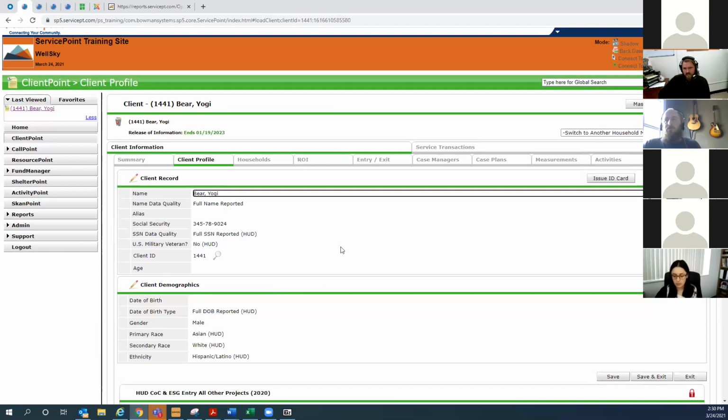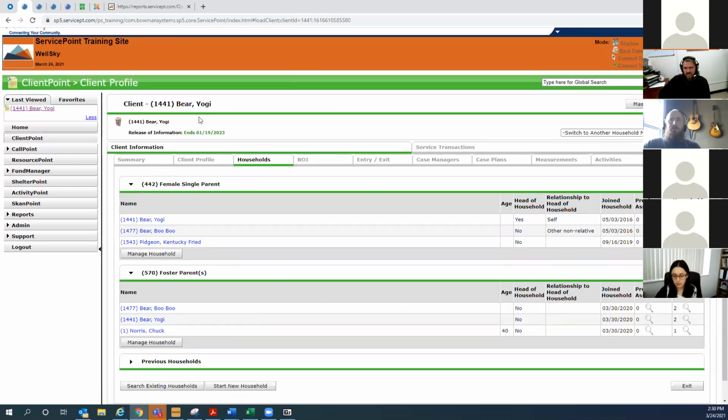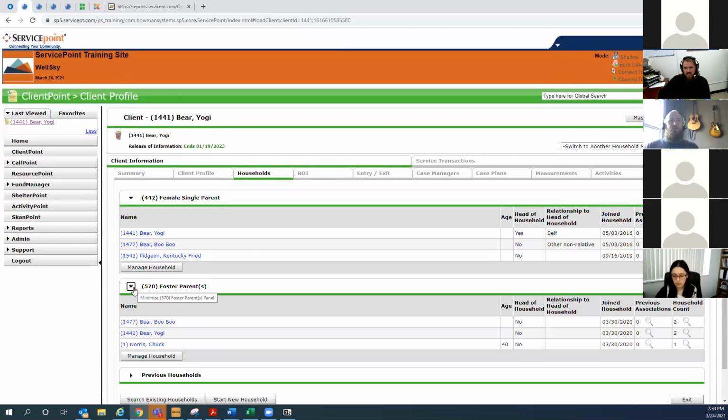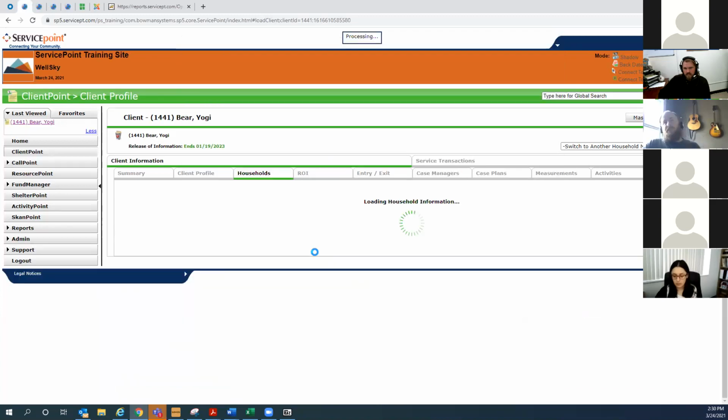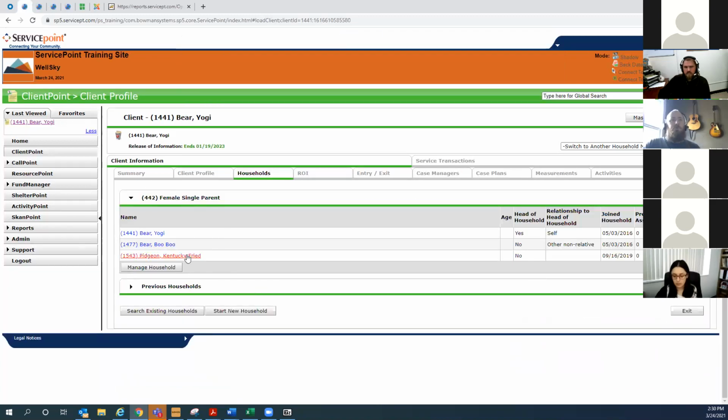Yeah, so there's a couple different things going on there. One is in the system, you have the households tab. And the sole purpose of this tab is to group client records together, right? Let's make this less confusing on Yogi Bear's record. I'm actually going to delete one of these households. In an ideal system, you want to try to keep it down to one household here and not create a bunch of different households, because that just adds a lot of confusion into managing this whole thing. So once you have your household set, with Yogi Bear in here with Boo Boo and Kentucky Fried Pigeon,